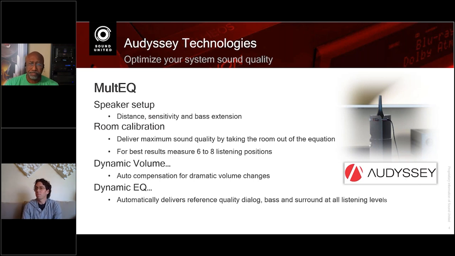Yeah, MultiEQ started out, like we said, with the first version that actually hit the market, which was XT. That was a level of correction that gave a fair bit of low frequency correction and excellent high frequency correction, but we saw the opportunity for more and better. And so we came up with XT32, and that was a really clever way, if I do say so myself, of redirecting some of the power of those digital signal processors into the low frequencies.